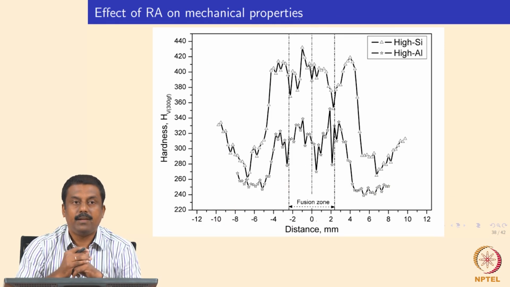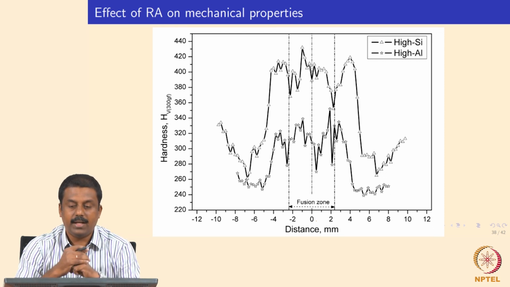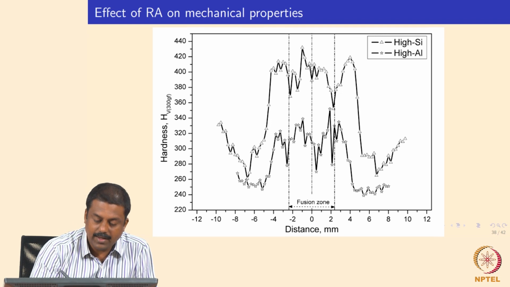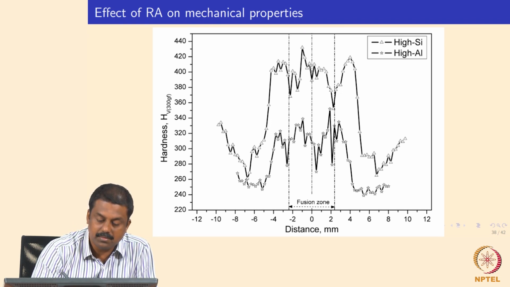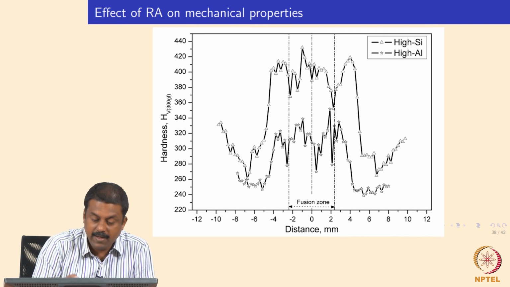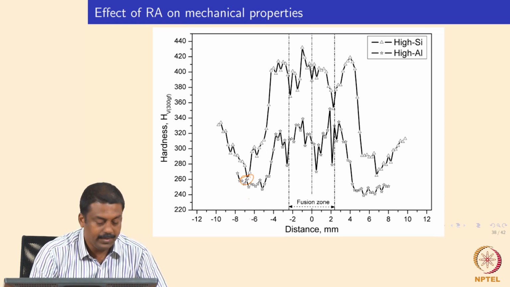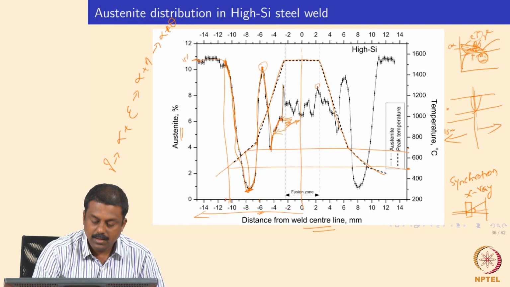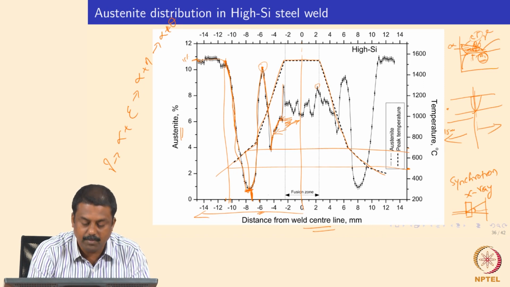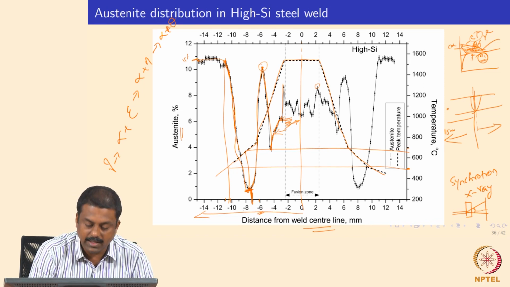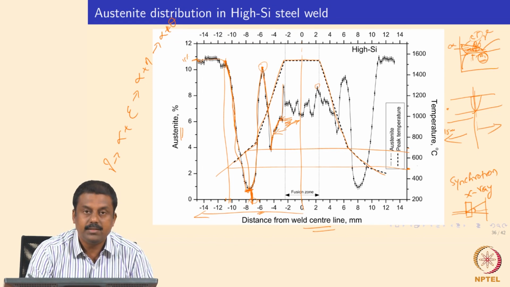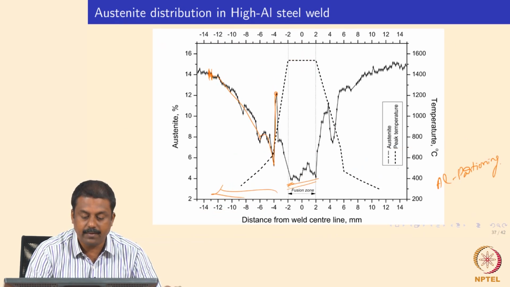And you can also see the effect very clearly in the mechanical properties, the effect of retained austenite fraction. Whenever the temperature reaches just below the A1 temperature, where you don't nucleate and you have a minimal amount of retained austenite, as in the previous graph I showed you, in the regions where 0% retained austenite is there, close to 0%, say -6 to -8, where the temperature reaches just below A1 temperature, you see extreme softening.